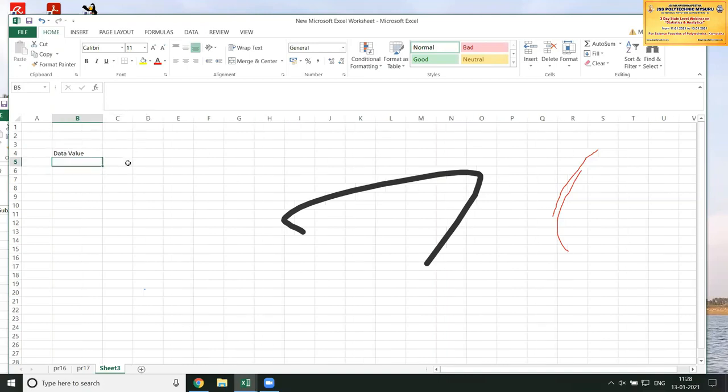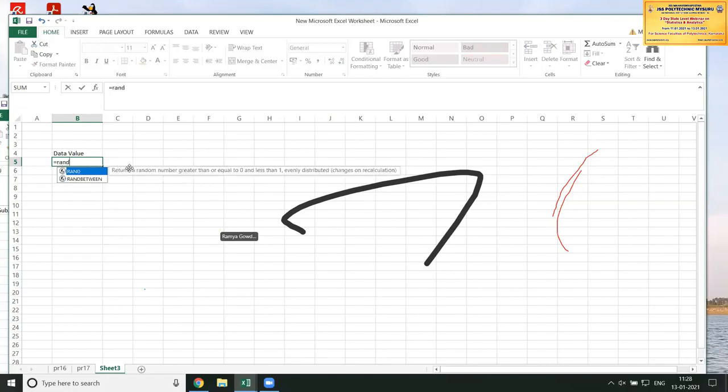To generate a random value, you have a function called RAND, R-A-N-D. RAND is going to generate only one value for the current cell. Now, if you want to generate values between some set of values, then you can select RANDBETWEEN. Here, you have to write the starting value and the end value.